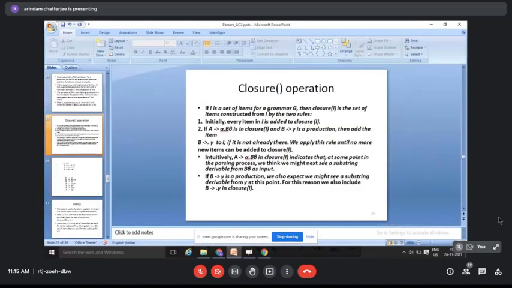And then if A producing alpha dot B beta is in closure(I), and B producing gamma is a production, then B producing dot gamma is also in closure(I). And this continues: now B producing gamma, so you should continue to create items for gamma as well. So if gamma produces something, you should add that also in closure(I). Okay. So these are the two operations we are going to use.